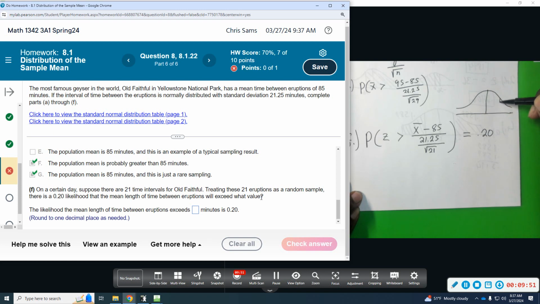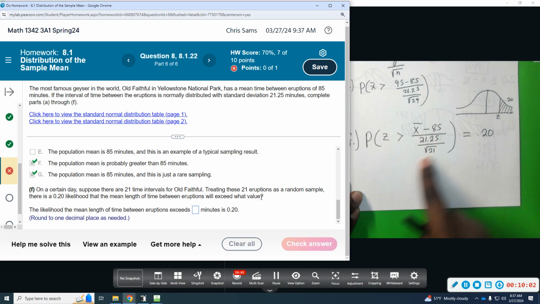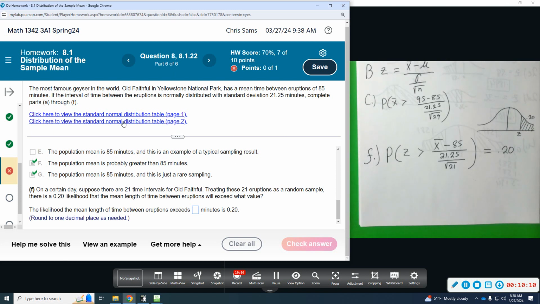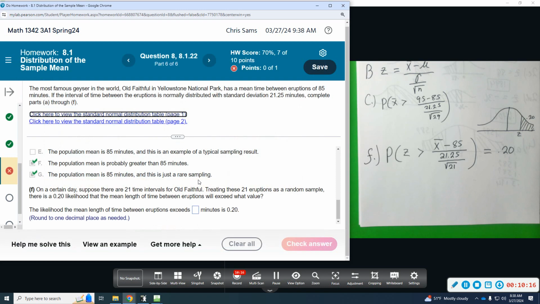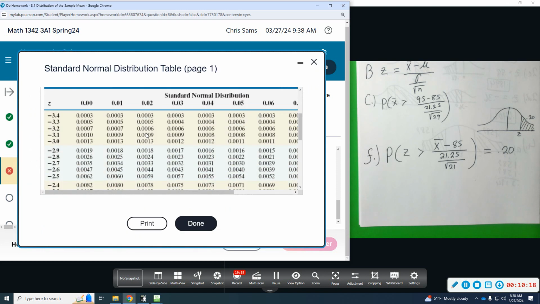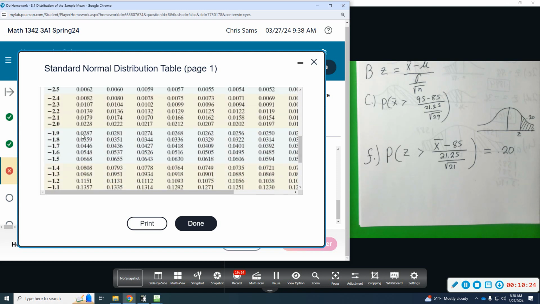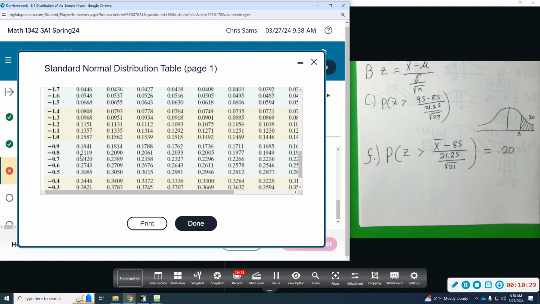We're going to find the z-value that is associated with the area to the right being 0.20. Once I find z, I'm going to work backwards and figure out what this sample mean number is. So we're going to pull up the normal chart. That's the negative side. We want the positive side, but I can just find 20% and flip the sign. So I'm looking for 0.20 on this row.